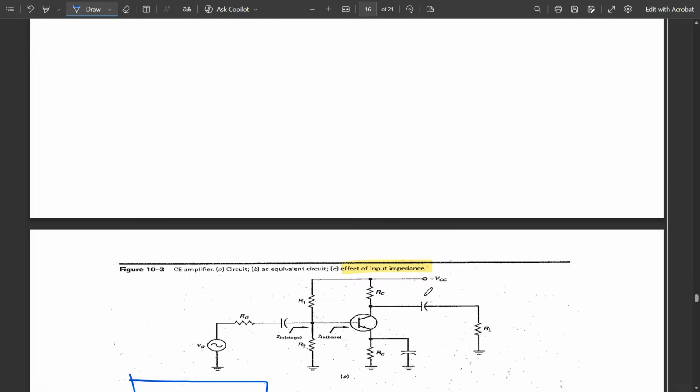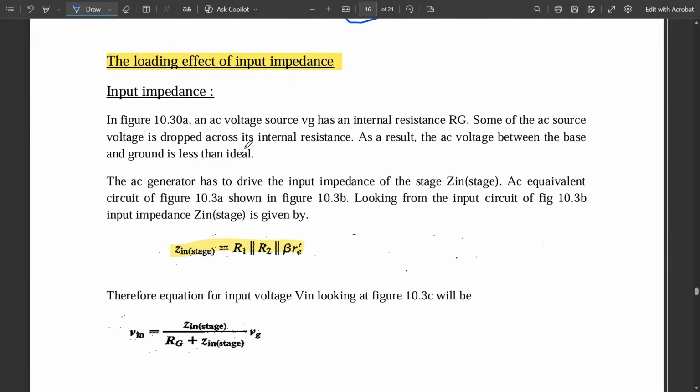So let us see how it would be affected. An AC voltage source VG has an internal resistance RG as mentioned here. Some of the AC source voltage is dropped across its internal resistance. As a result, the AC voltage between the base and ground is less than ideal. The AC generator has to drive the input impedance of the stage,